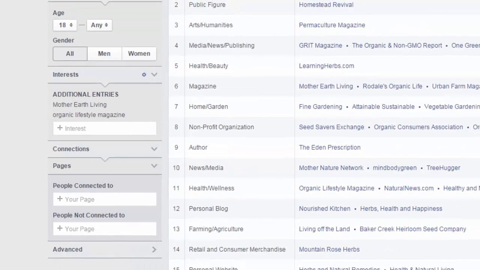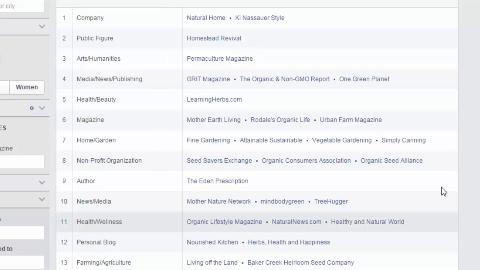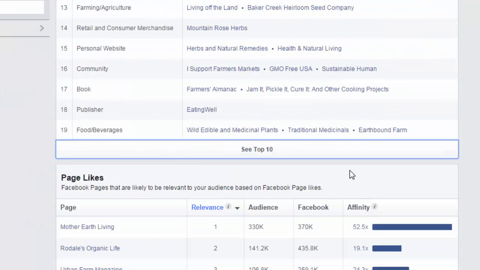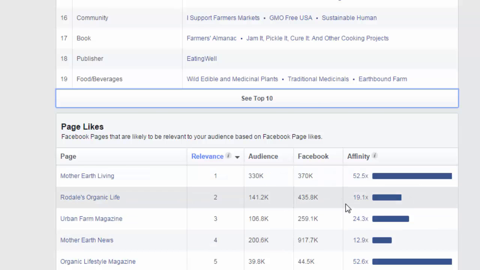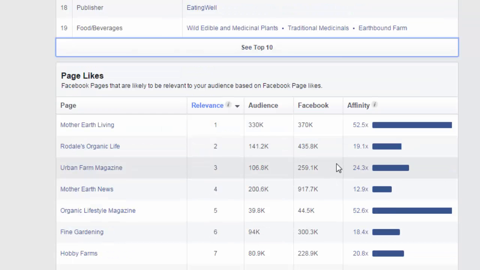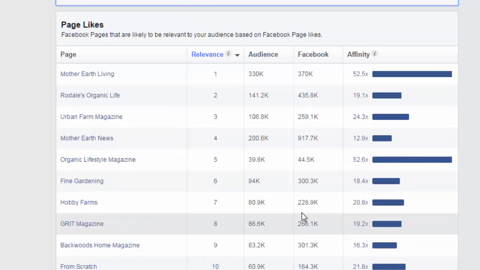And you can see we have even more information that'll tell us about people who like this. What else do they like? Okay, so there's a lot of other things they like. We can go down here. These are affinity. How likely are these audiences? How connected are these audiences to the audiences we're already looking at? We can find out a lot about these audiences.